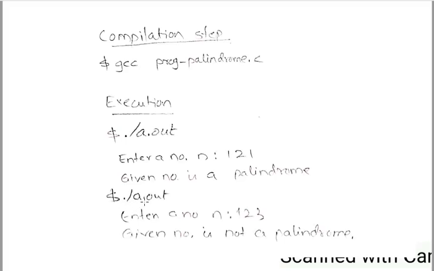You run the program again. How do you do that? On the command prompt, ./a.out, again you will enter another number, 123. Now the output is the given number is not a palindrome number. Along with the explanation, I will also show you the output, and if possible we use this compiler, and I will show you the output. According to whatever the possible outputs, you are going to write it in the journal.